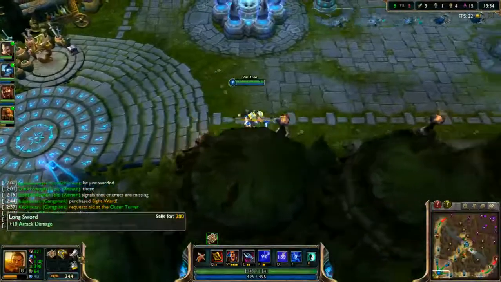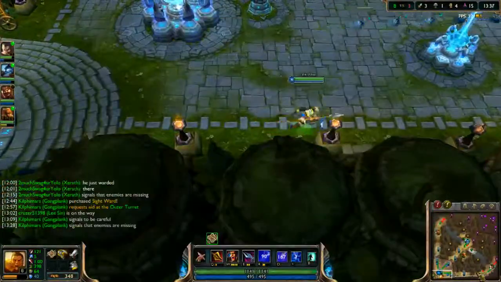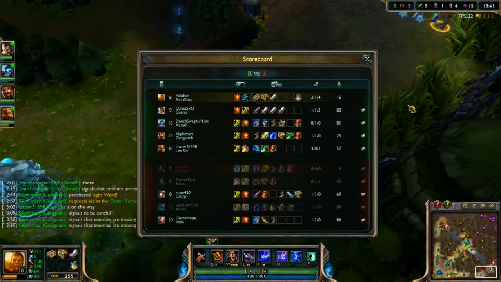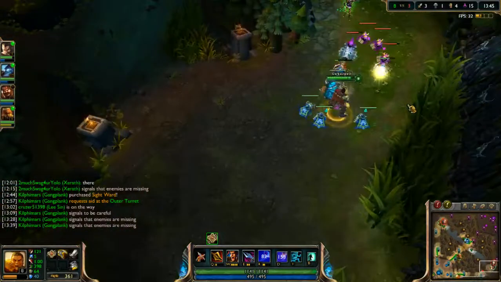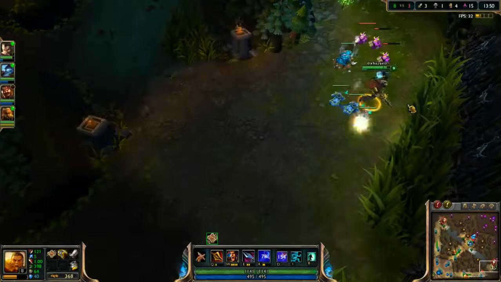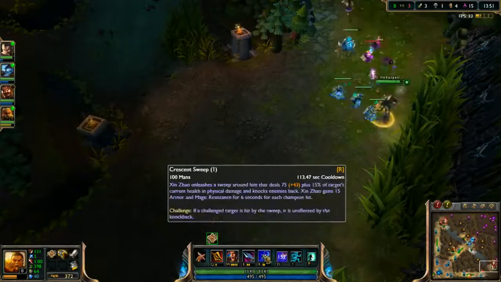Alright, so I got another Longsword, because I'm going to try and go for the Brutalizer to scale with my passive more, because they're going to want to start building armor right now. Even though they haven't, I'll be penetrating more of their armor with each attack. It gives me plus 10 armor penetration, a little bit more damage, and the cooldown reduction to help scale with my abilities, which have